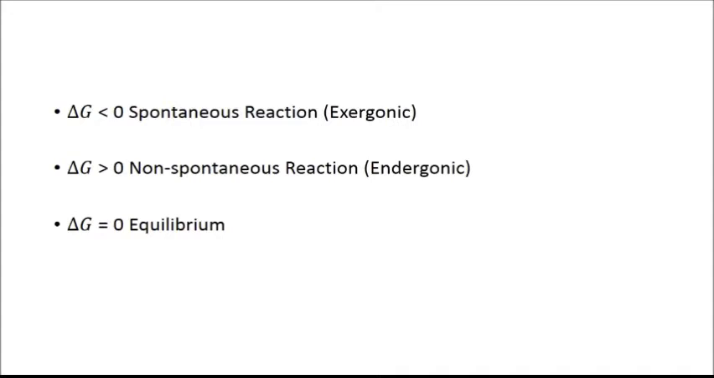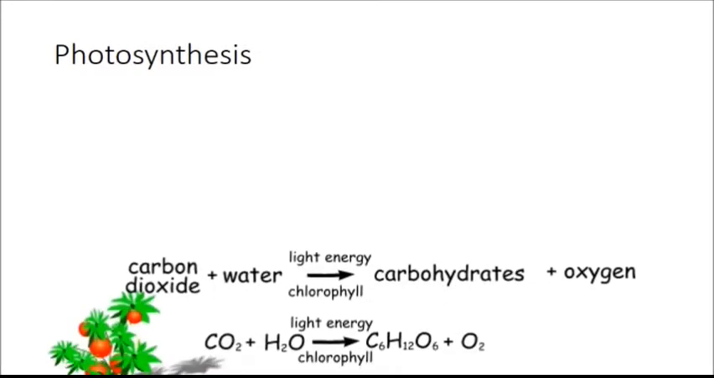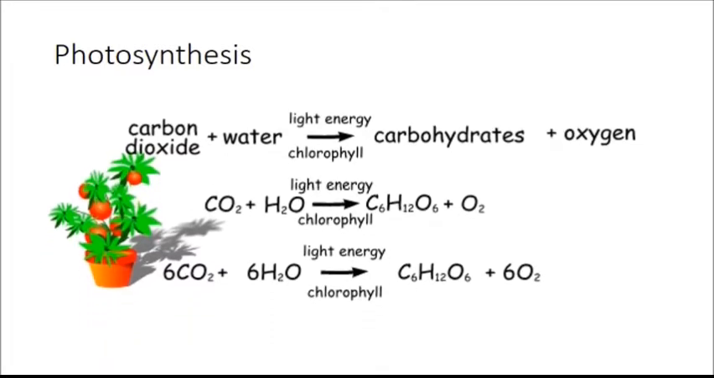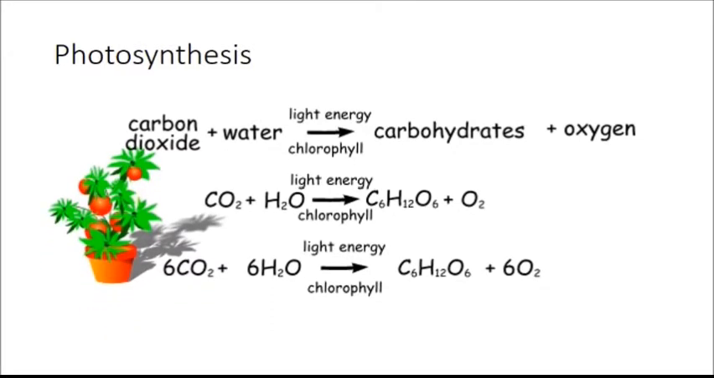All right. So let us apply these notions in real life. We have photosynthesis here. The most basic form of photosynthesis is that carbon dioxide reacts with water using light energy from the sun and chlorophyll from the plants to create glucose and oxygen. So if you look at the very bottom equation here, we have 6 molecules of carbon dioxide and 6 molecules of water,